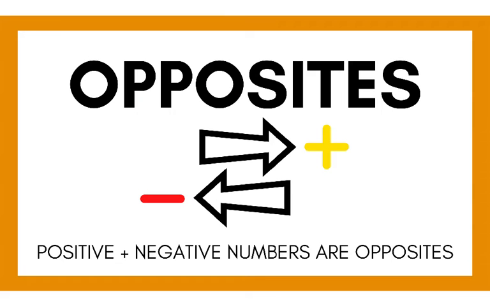All right, so here's a quick reminder, you guys, that positive and negative numbers are opposites of one another. So if I have a positive 5, the opposite of that is negative 5. If I have a positive 100, the opposite of that is negative 100. When we're talking about our number lines, when we move to the right, those numbers are increasing. When we move to the left, those numbers are decreasing. All right, so now that we've got our review out of the way, let's jump into the nitty-gritty of this